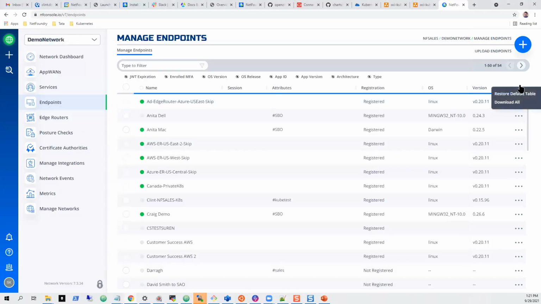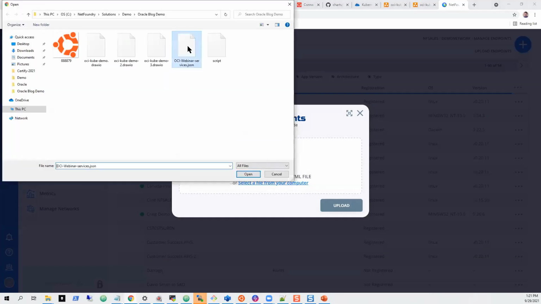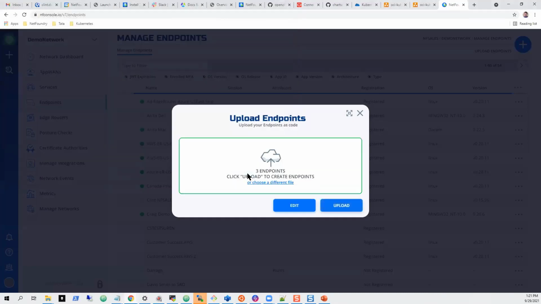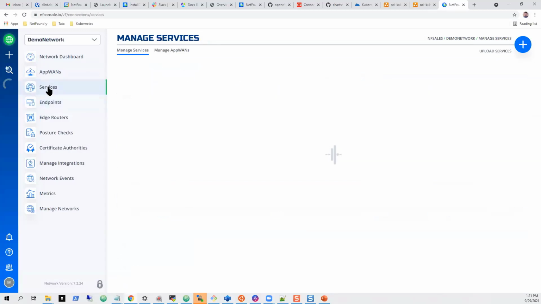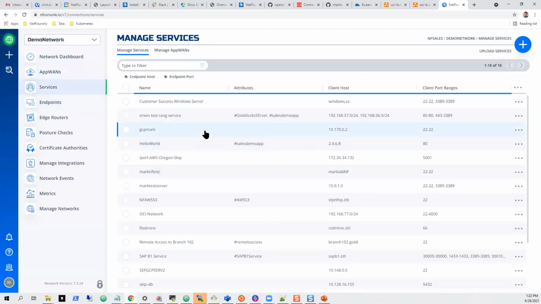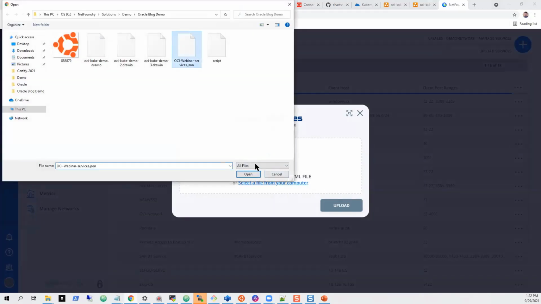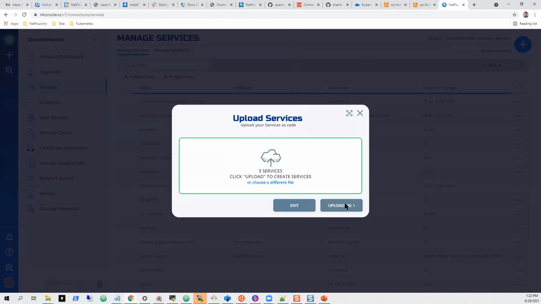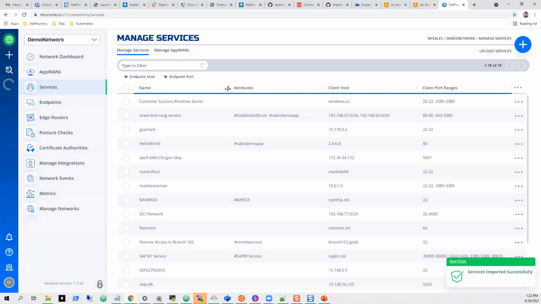And we simply upload those into the environment. So I'll come over here, I'll select the file. I'll say OCI webinar services, hit open, and hit upload. That might take a few seconds. I did the wrong one, I think. Let's search services. Come on, it's taking a second, unless it went into endpoints. So one more time, hit open and upload. Okay. I should like those a lot better.